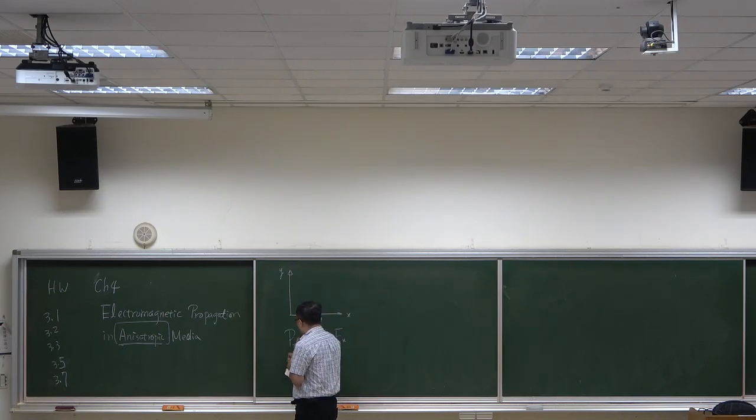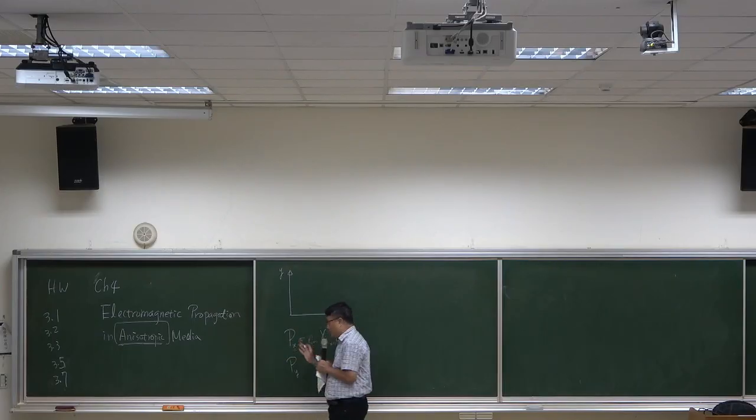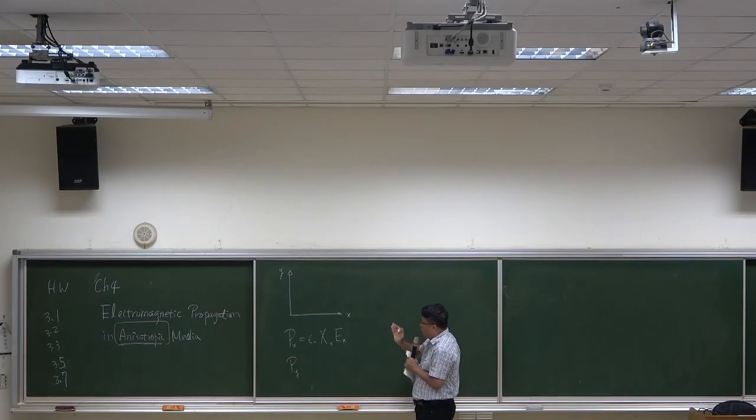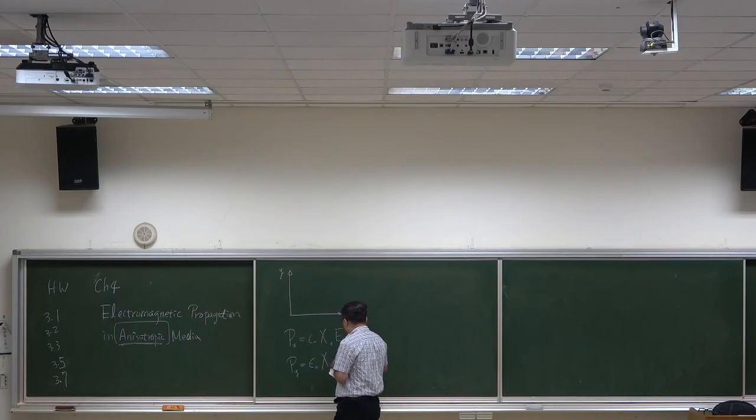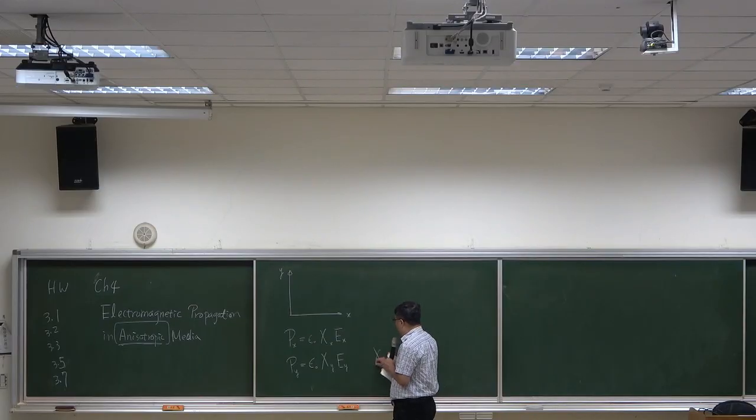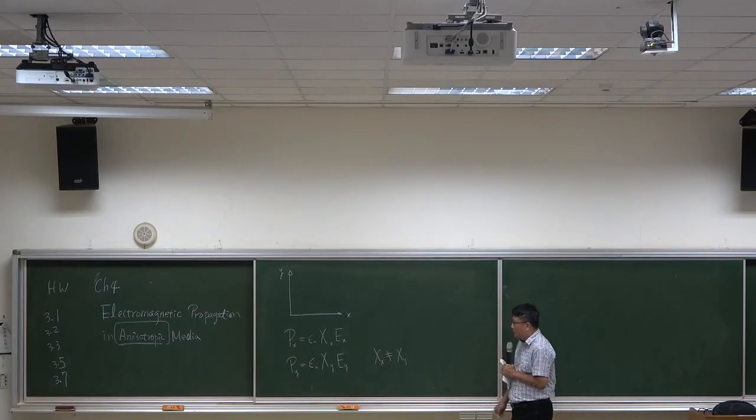And if I apply the electric field along the Y direction, we have Py equal to epsilon 0 times chi y Ey. And here we assume chi x and chi y are different. Okay, so